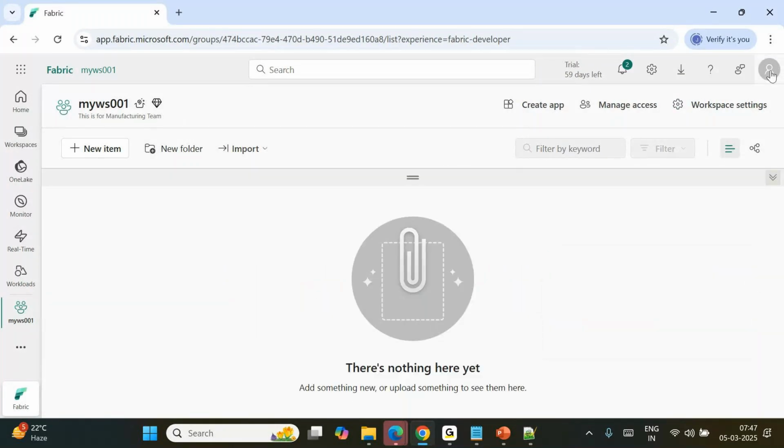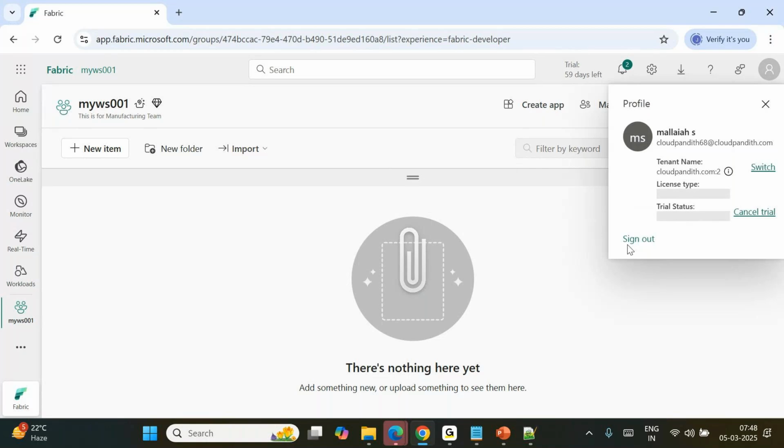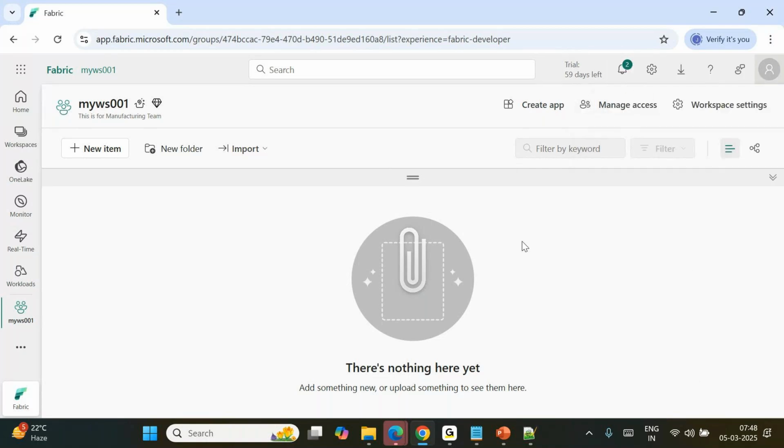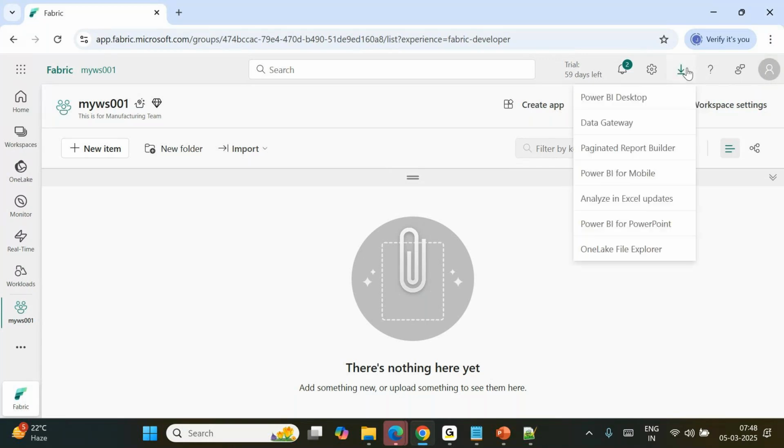Now if you want to sign out, this is how you can sign out. We already started the trial. So if you want to use something with the fabric, all the items that are relevant for the fabric are here. So Power BI Desktop, you can use for creating your Power BI reports. Data gateway you will be using for